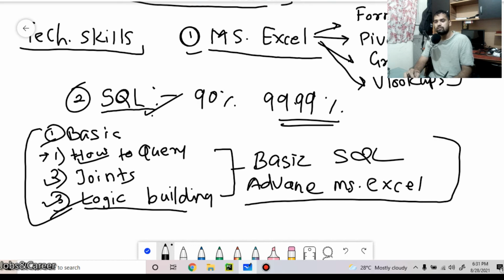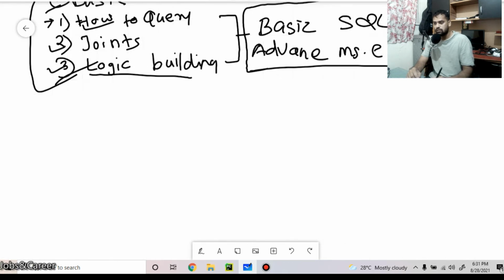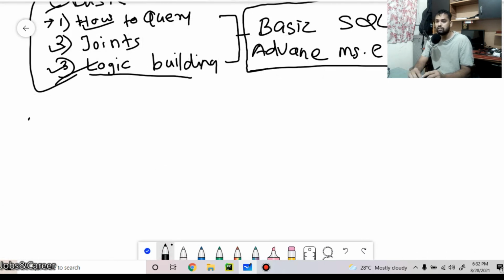These two skills are very important if you are looking to switch your career into the data analytics field. And trust me, if you have these two skills, you will get a job very easily, because 90% of companies ask for these two skills.